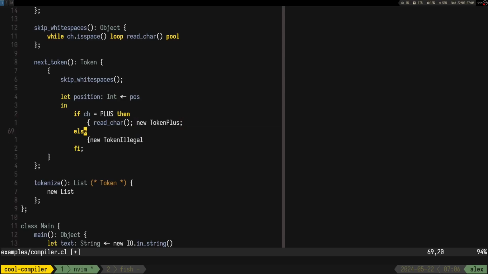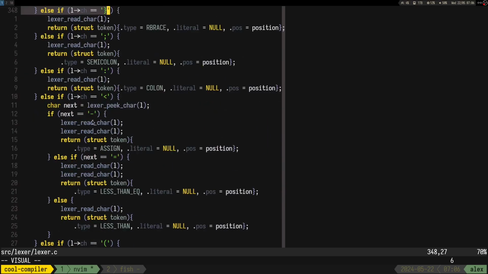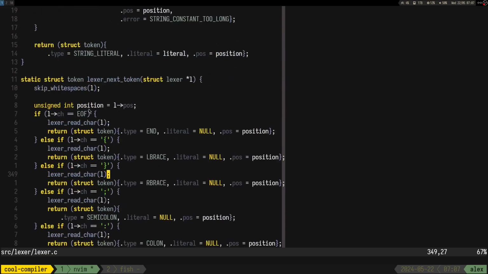For illegal it's the same thing. I would say we need to read char. And I guess the question is, why not do this thing in the front of the if? But that's mainly because of these cases where we have multiple things. So yeah.